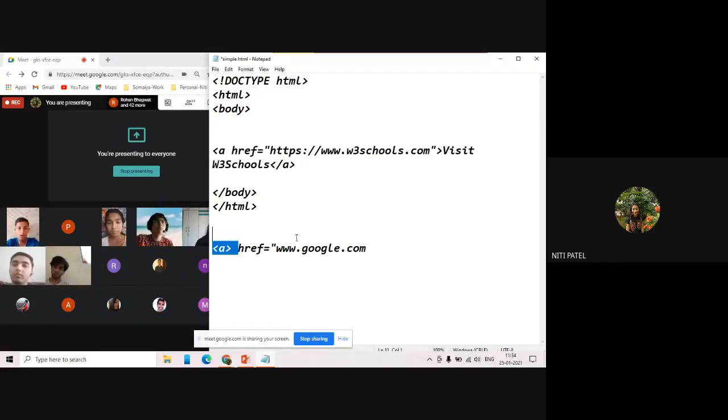This is some kind of text and it will be displayed as text on the screen. It won't be displayed as a link or a hyperlink. Understood? If you want to display it as a hyperlink, you have to use href, and you have to use it inside this tag itself. And then you can close that particular tag. Is that clear?